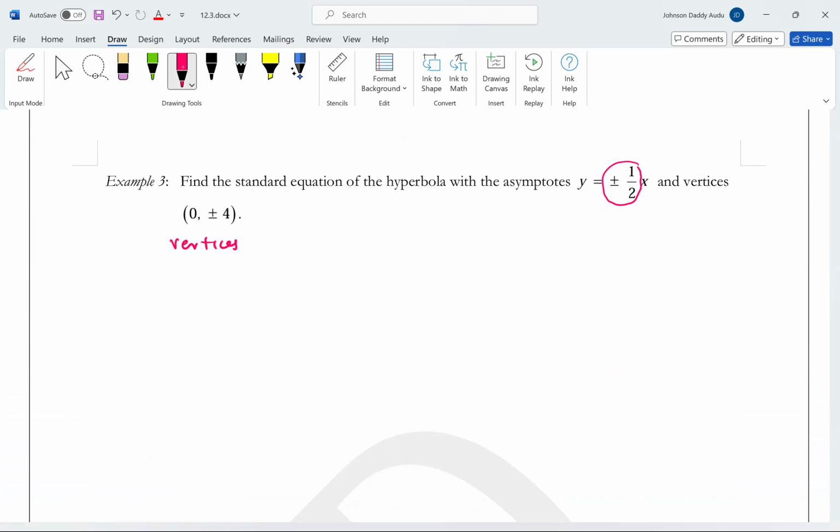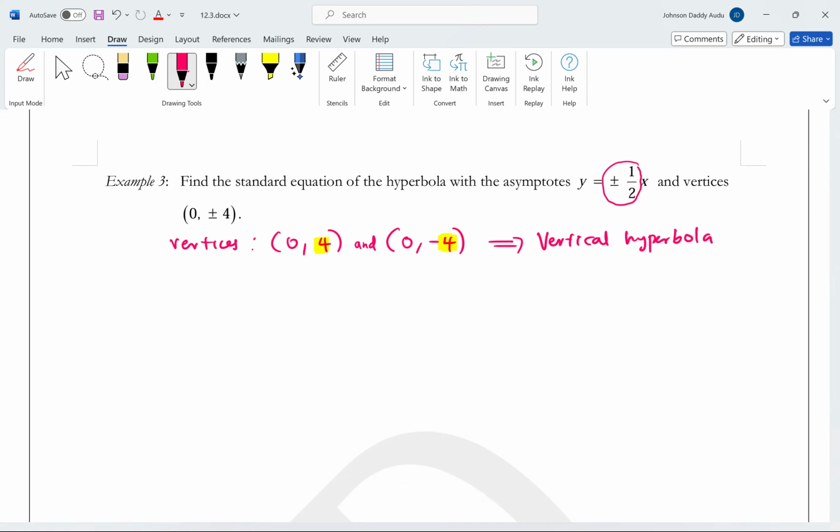So vertices are 0, 4 and 0, minus 4, right? Now, what does this mean? This means that you are dealing with, because the A is on the y-axis, a vertical hyperbola,